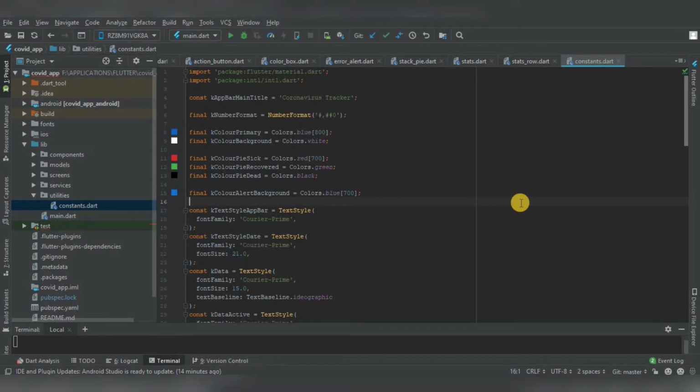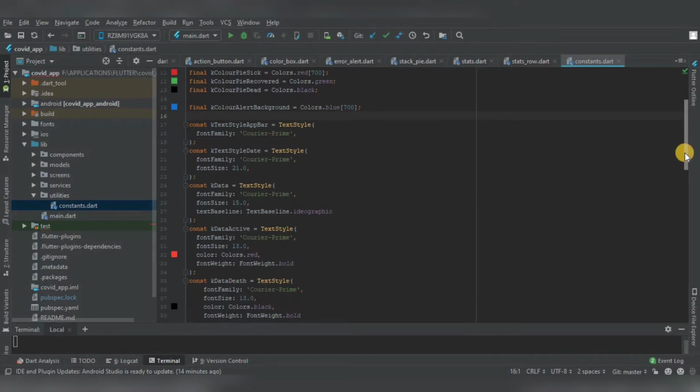Now in this file, we will be dealing with all the constant variables. We have already defined a constant color for our primary color, background color, and what color should be for sick people and recovered people. Here I have also already defined the styles of each widget,